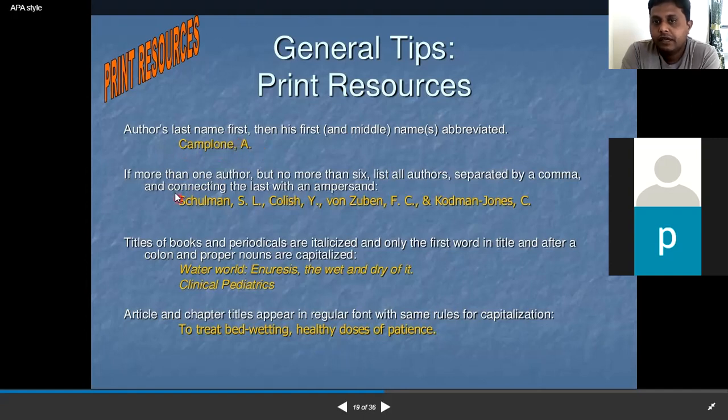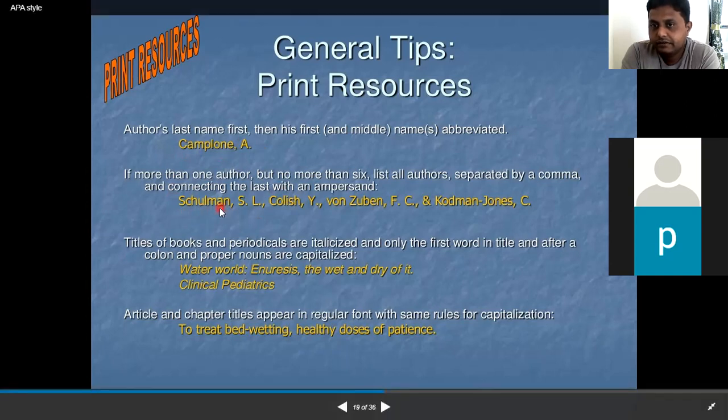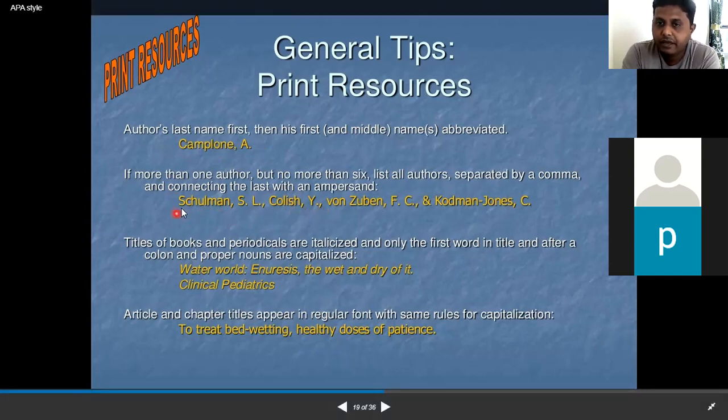Then if there is more than one author, in the case of MLA, the surname of the first author is taken first, and then the first name of the second author is taken. But what does APA do? APA copies the surnames of all the authors. That's the difference. Right? Titles of the books and periodicals are italicized, and only the first word in the title